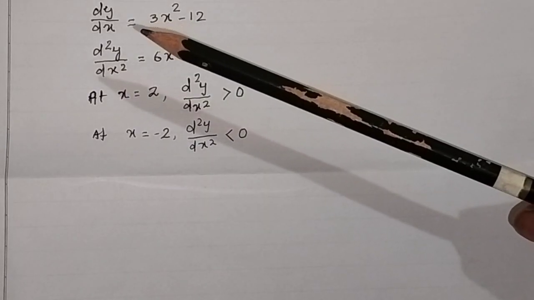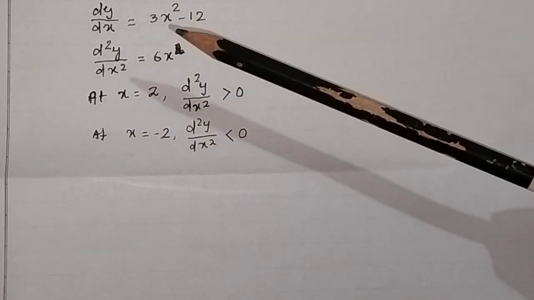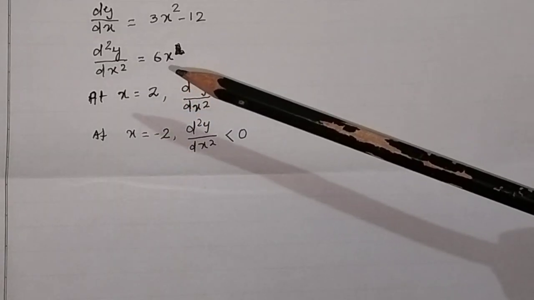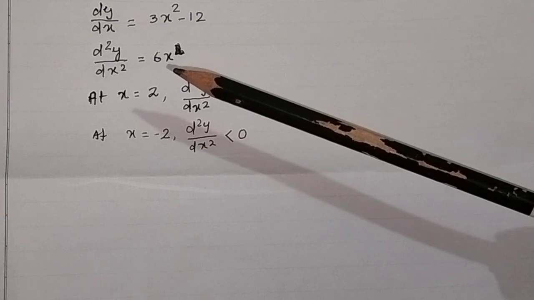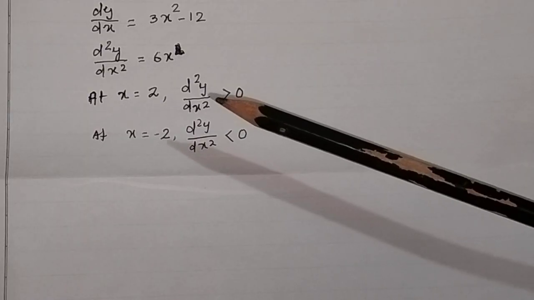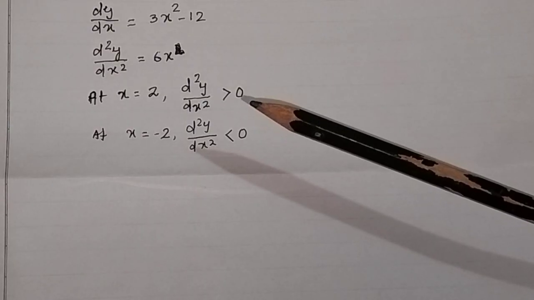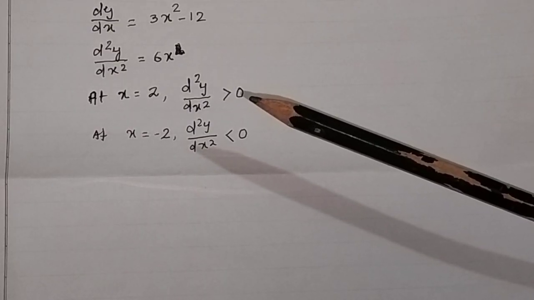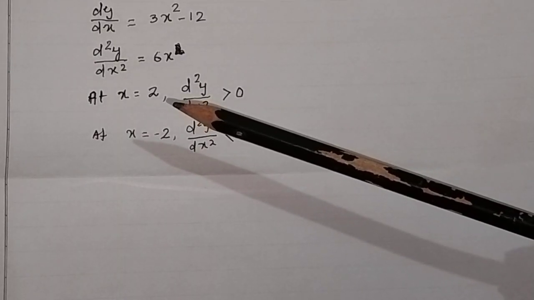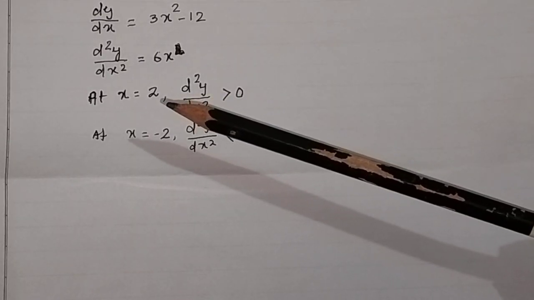The first derivative is 3x square minus 12. So the second derivative will be equal to 6x. And at the critical point 2, if you put 2 here, this will be equal to 6 into 2, that is equal to 12, which is greater than 0. So at 2, the second derivative is greater than 0. And we know if the second derivative is greater than 0, the function is concave upward. So the function will be concave upward at x equal to 2,